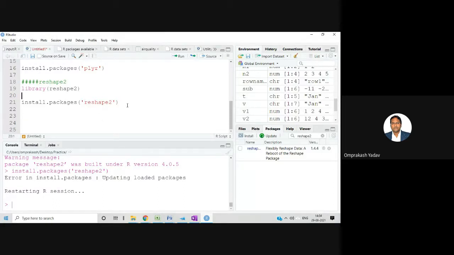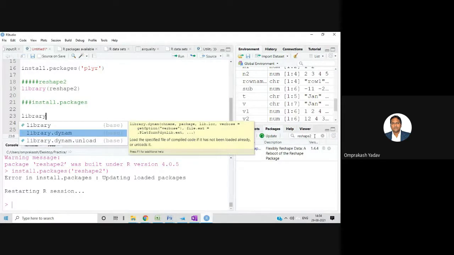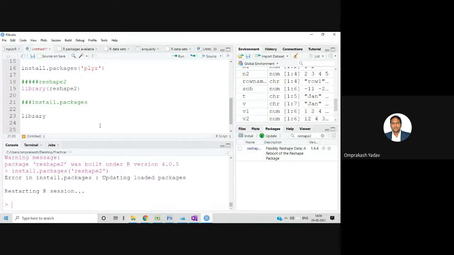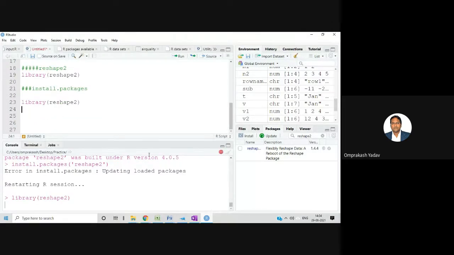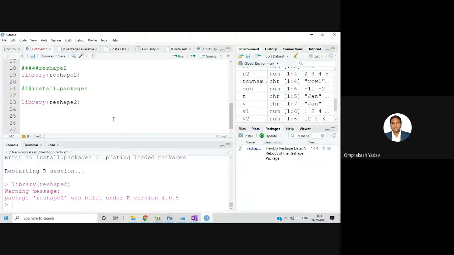And then after that, once it's installed, you can say library, then again you can execute, or you can search over here for that particular package and now it will be shown to you. And if it is shown to you, then you can just click on that checkbox and it will be loaded to your program. Or from this particular command also, you can just execute this command and that library will be loaded to your program. All of you could do this. This is very important: how to install the package.